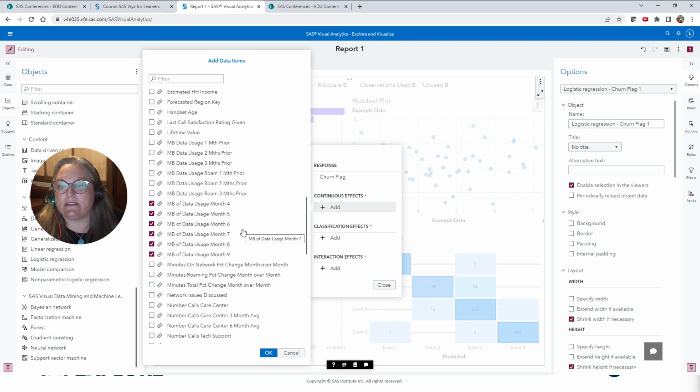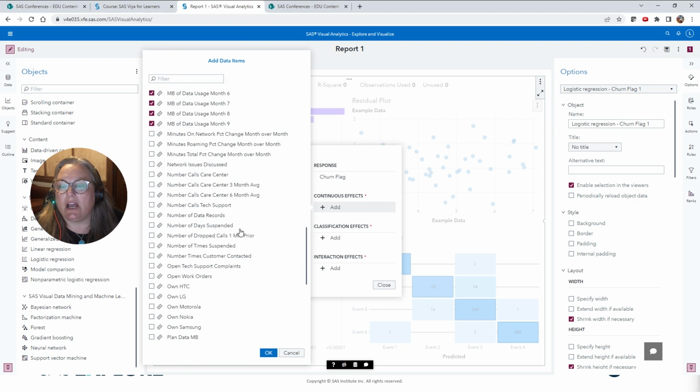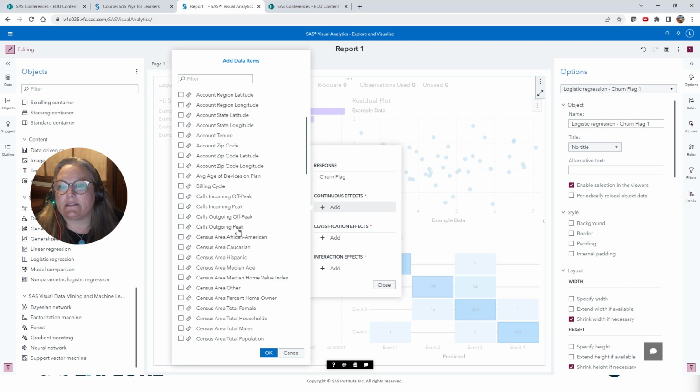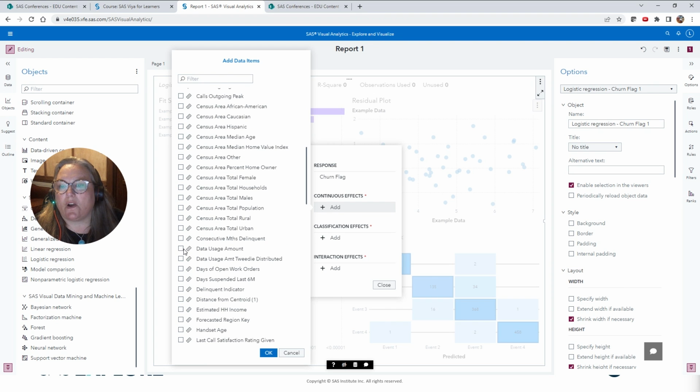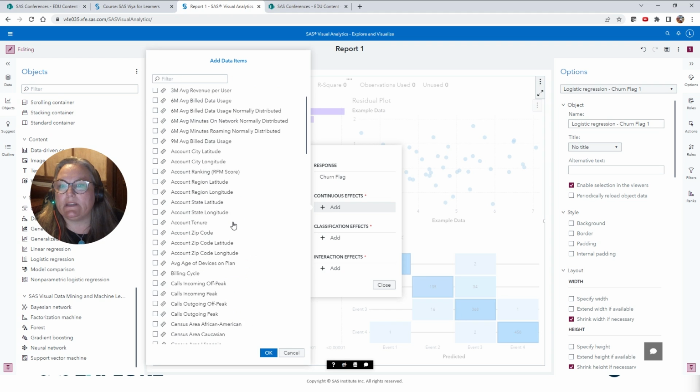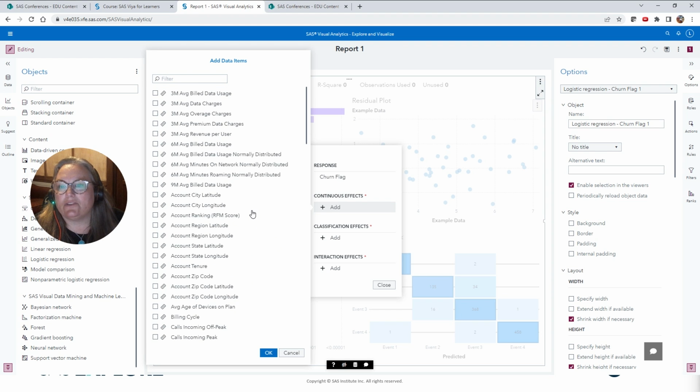Again, because this is exploratory, I have a lot of flexibility as far as what I want to put into my model. And because this is point and click, I can drag and drop, remove things on the fly. It's just super easy for me to make changes.